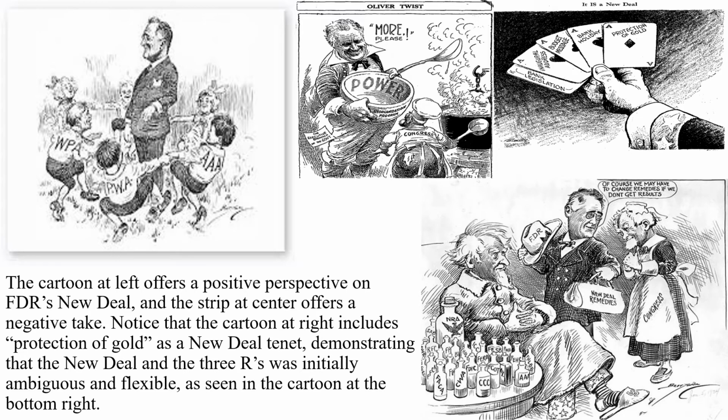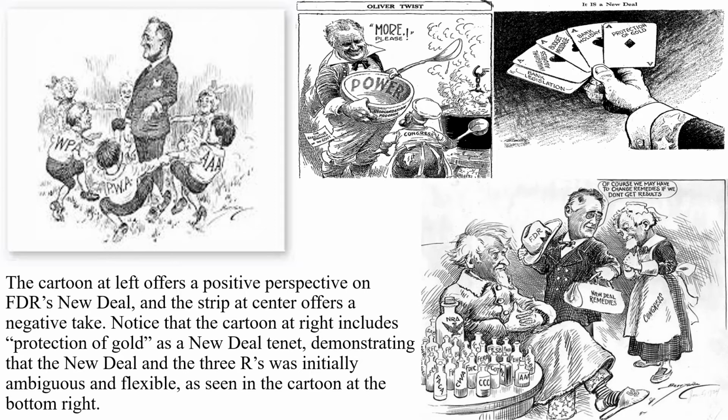1. Relief for the unemployed and the poor. 2. Recovery of the economy. And 3. Reform of the financial system to prevent further depressions. To facilitate these goals, the New Deal policymakers created new government bureaus and organizations, and established new laws